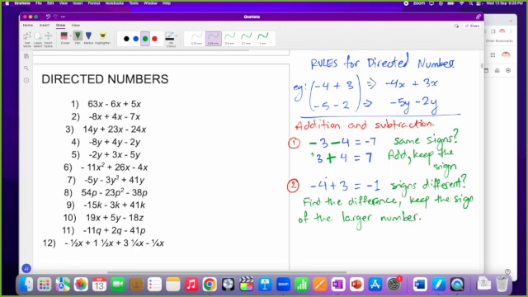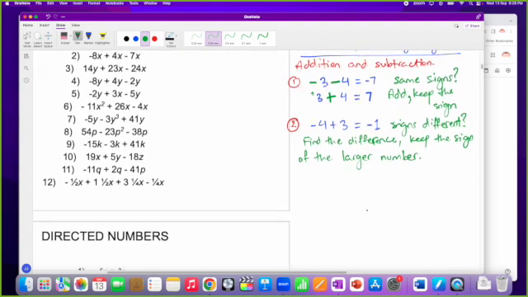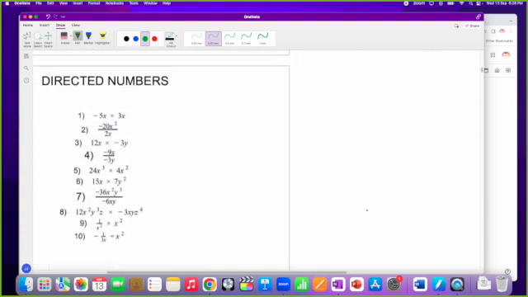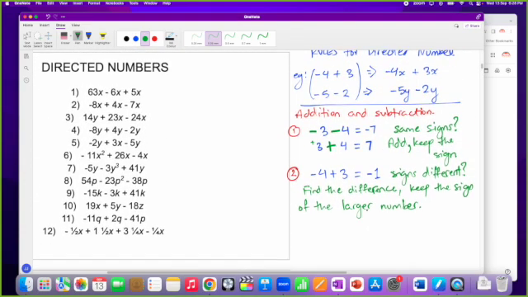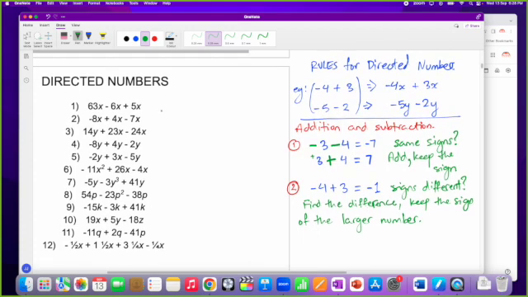And of course, this works the same with X, right? This works the same with X. Now, these are the rules for addition and subtraction. We are going to do the rules for multiplication and division over here. But these are rules for addition and subtraction. Before we get to these questions,